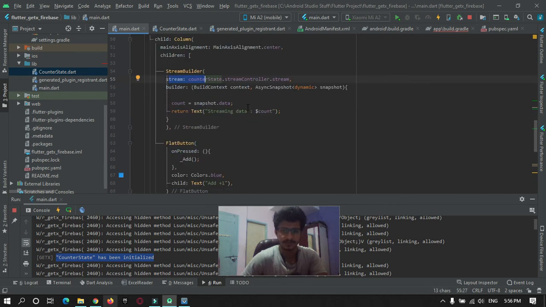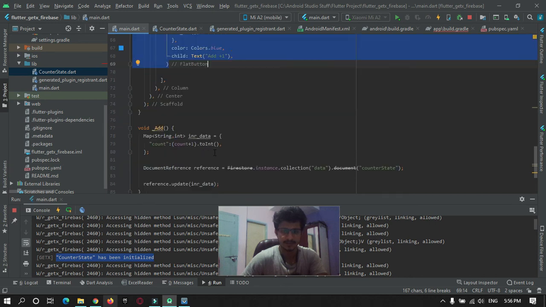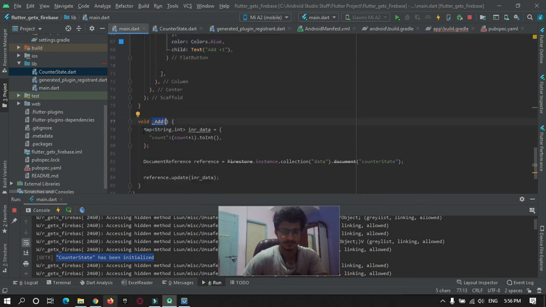Okay, and then we have created one more button that when it is pressed, it will get incremented by 1. As you can see, this is the count, and we are incrementing by 1, count plus 1, and we are converting it into integer.